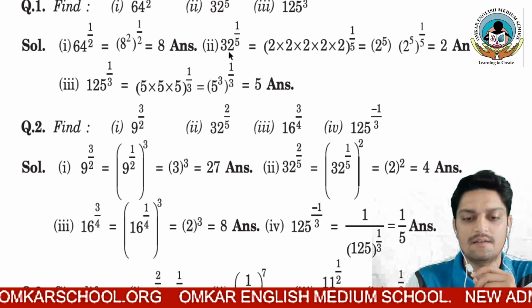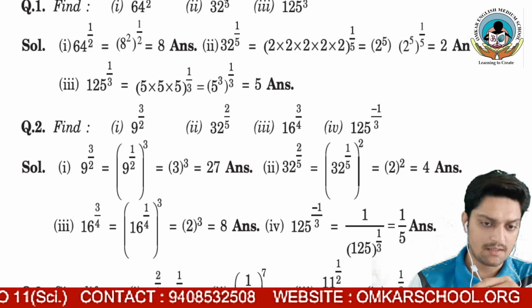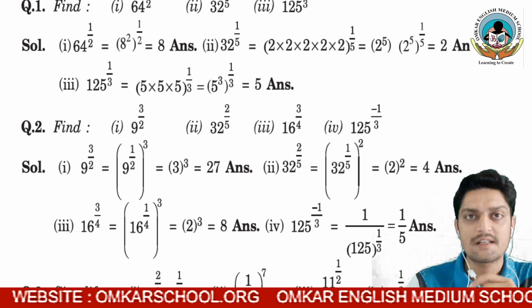First you have to find the factors of 32. So here you can see 32 is what? It is 5 times multiplication of 2, and there is 1 by 5, meaning you can consider the fifth root. Here 1 by 5 is a form of power. 1 by 2 is what? That is a form of power. 1 by 3 is what? That is a form of power.